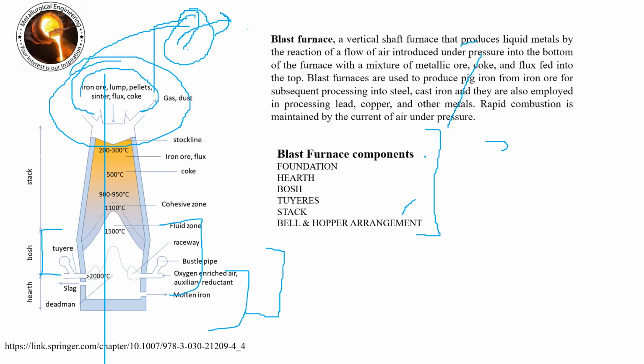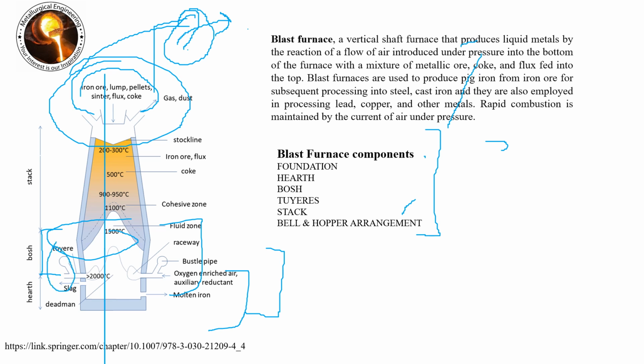After that, the top of the bosh has the maximum diameter of the furnace. The bosh structure consists of firebrick and steel reinforcement construction. Water-cooled copper and steel plates are inserted at regular intervals in the furnace lining of the bosh. This helps to protect the lining against very high temperature. After that, here are the tuyeres.